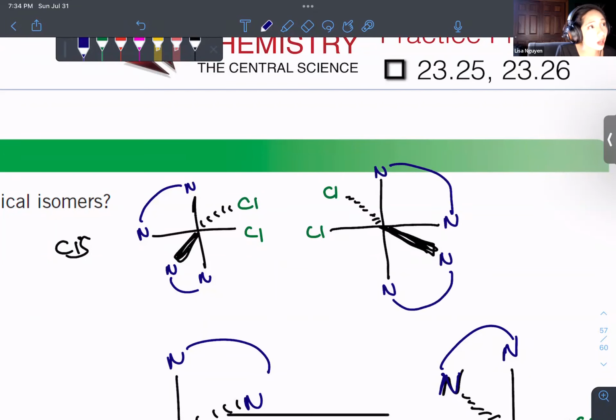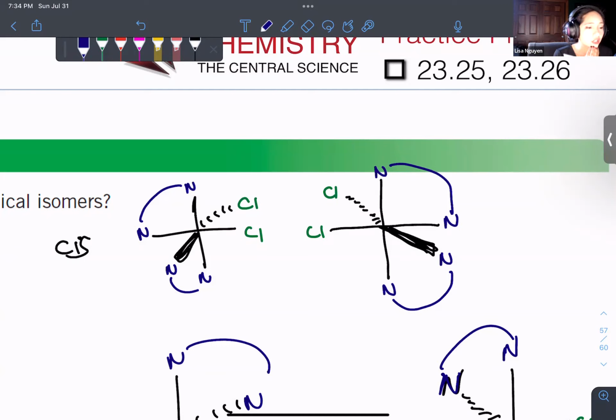optical isomers with octahedron are if you have the bidentates. You need 2 or 3 bidentates, and they have to be in the cis configuration, like you see right here. That's the criteria you need for an octahedron chiral molecule. I have that up in my slides somewhere. But if there's 3 bidentates, it will always have optical isomers. That is the chiral center if there's 3